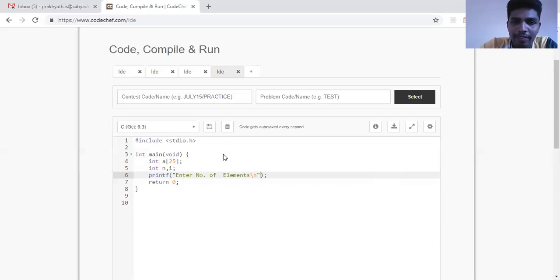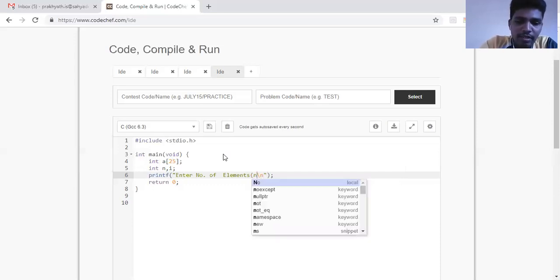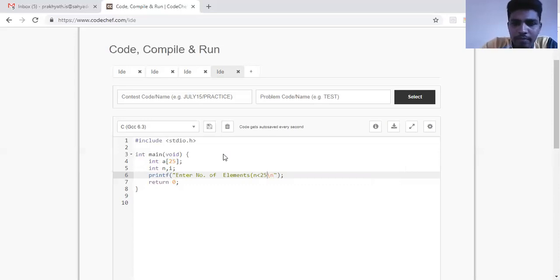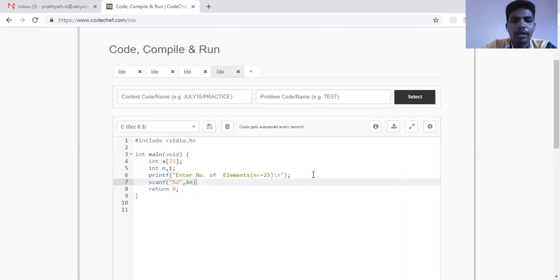and you have to be very careful. Your n should be less than or equal to 25 only. Why less than or equal to 25? Because we have only reserved how many rooms? 25 rooms of integers. So that's why we have to give an n which is less than or equal to 25. So scanf, or else it throws a memory out of bound error. So percentage %d, since n is an integer, we'll write ampersand n.